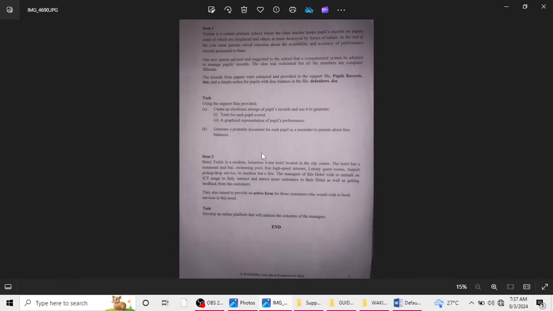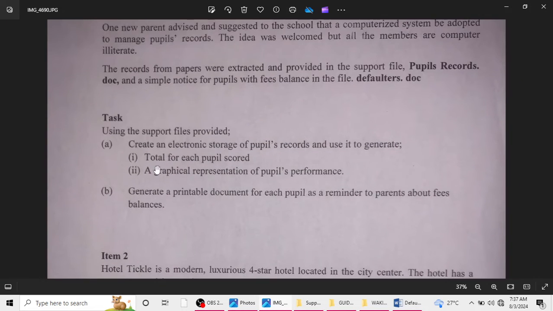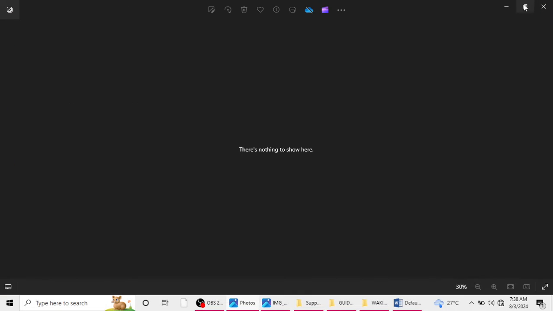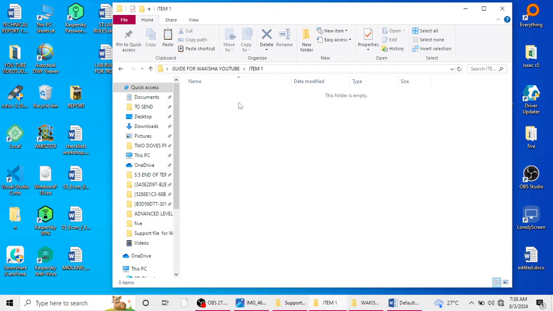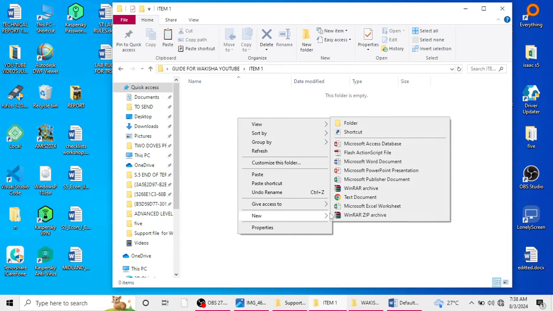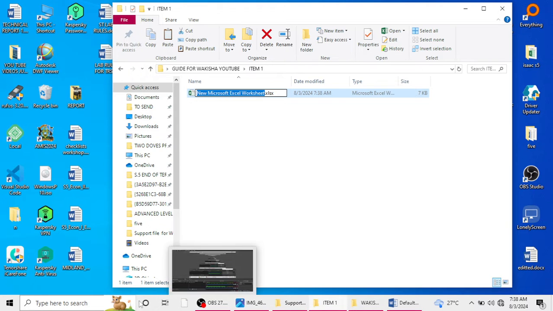It's right here. Now in the question, they want us to use support files provided to create an electronic storage of pupils records. We're going to first deal with that. If you want to create the electronic storage of pupils records, you're going to just create a new Excel worksheet. Excel is going to help you first of all store data, and it's going to help you in this question